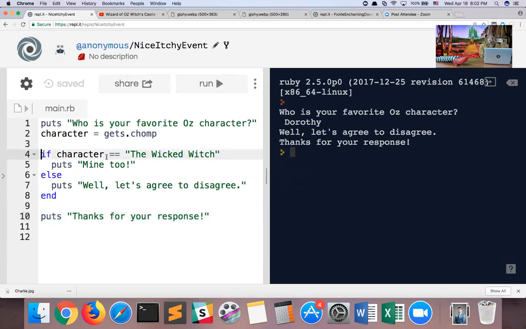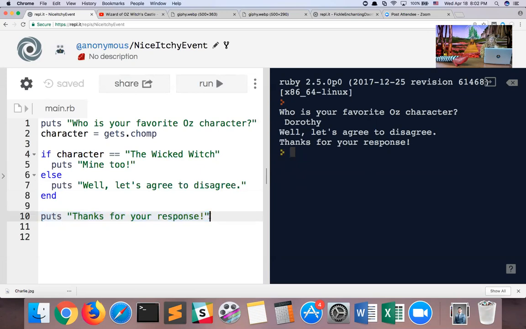Now, let's go back up to line 4. If the user types in something other than the Wicked Witch, then Ruby skips over line 5 and goes down to line 7 and prints out, well, let's agree to disagree,